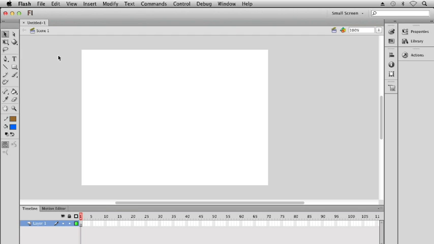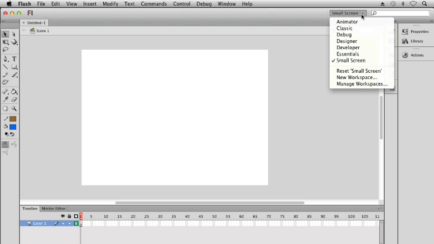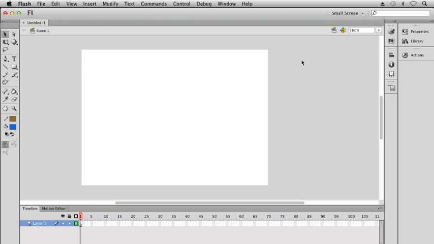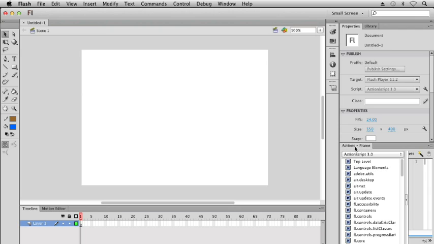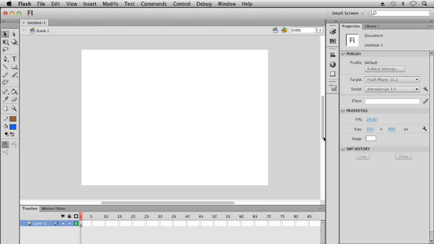I've got a blank document open. It's ActionScript 3.0, and I've changed my workspace to small screen. It's one of the workspace options on the workspace switcher. You can still work in Essentials. I'm just using this view to make sure you can see everything since I'm working at kind of a strange resolution. And I'm going to open up my Properties panel to make sure you can see what's going on with my options. I'm going to close this up. Here we go. Okay, so I've got my Properties panel open and I have my Tools panel now on my